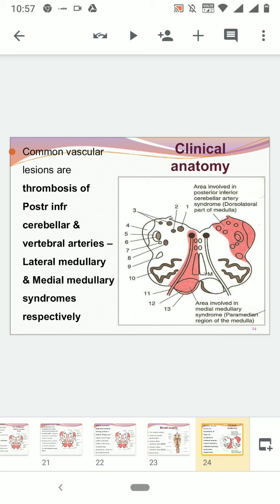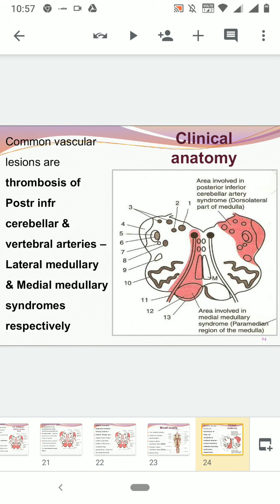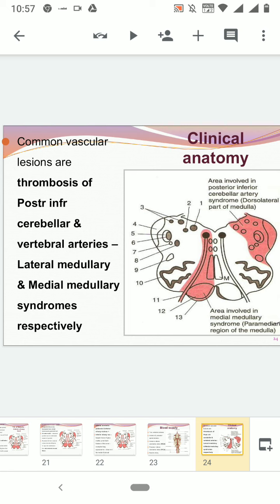Again and again we are talking about it. So we are now talking about thrombosis. What will happen? You have two main kinds of syndromes, because the medial part of the medulla is supplied directly by branches of the vertebral arteries, and also from the anterior spinal and posterior spinal. Whereas the lateral part, I just showed you how the branches are given off from the vertebral artery. The lateral part is supplied by the PICA, that is the posterior inferior cerebellar artery.